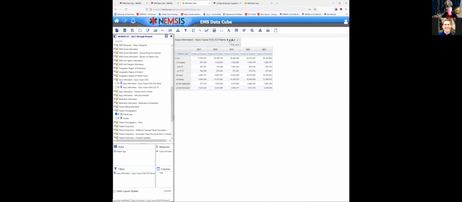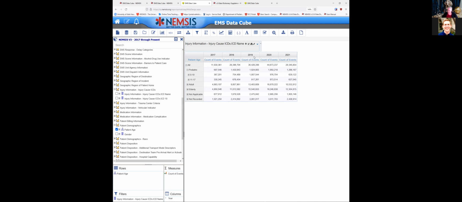The easiest way to do this if you want multiple ICD-10 codes or names is to select this very small little checkbox. Let me actually make some of this bigger, so hopefully it's a little easier to see. That will allow you to multi-select values. Now when you select this small blue arrow, it will bring up the filter list so that you can select an individual ICD-10 code name. It's a pretty big list. It might take a minute to load, but this will allow you to actually filter by multiple ICD-10 codes for injury. Well, that is loading,